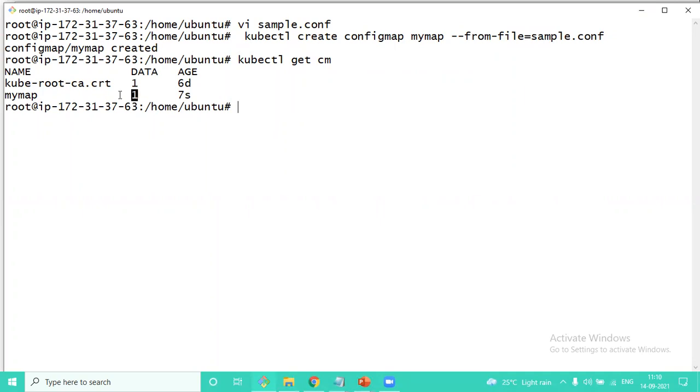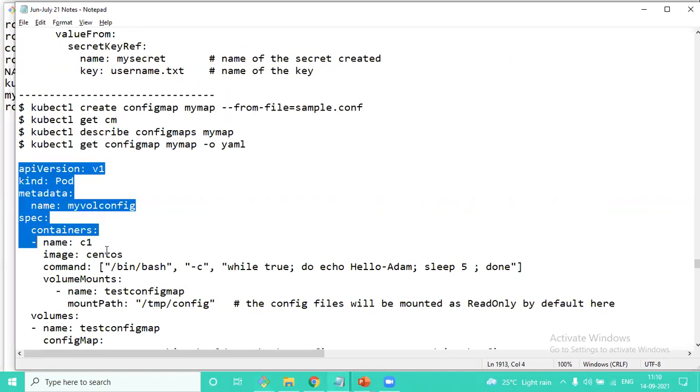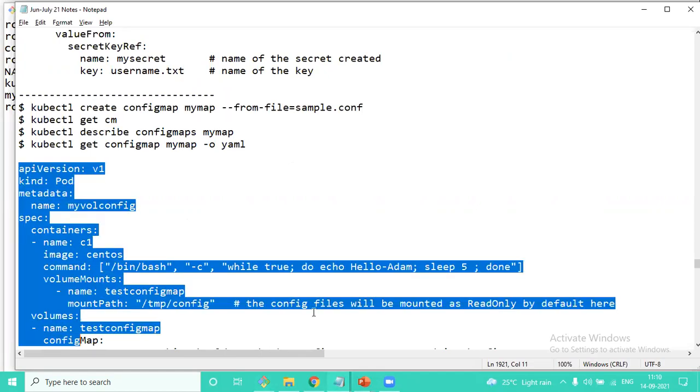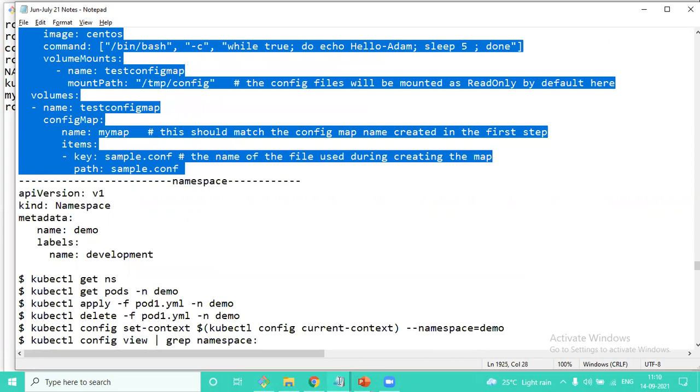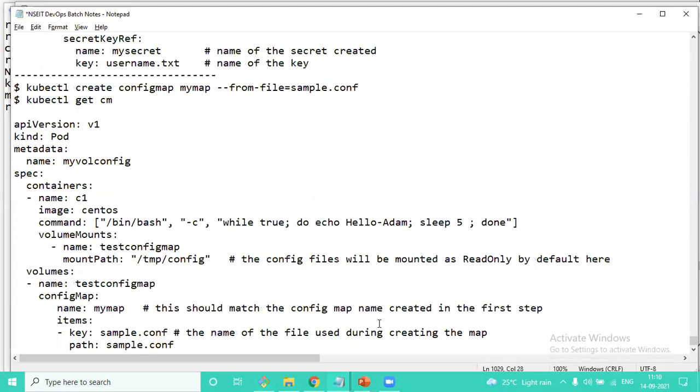Okay. Now, suppose I want to access this file inside my container, then like I said, you can use the volume method or environment method. Okay, both are going to be the same. But what will be the keywords? There will be a small change. So now assume I want to access this, and usually when you say configuration file, there will be a lot of content. So accessing it as an environment variable will not be a suggested way. So then I need to access it